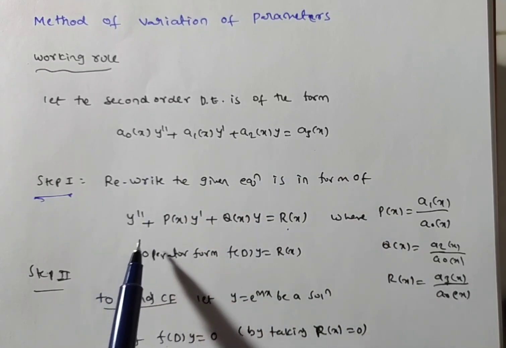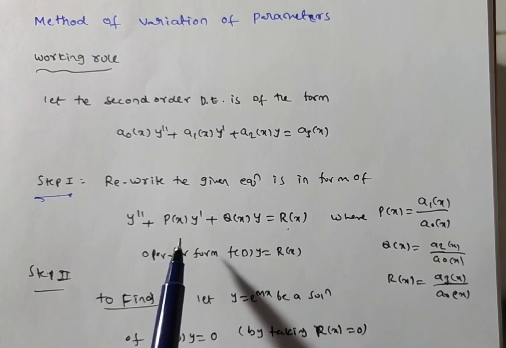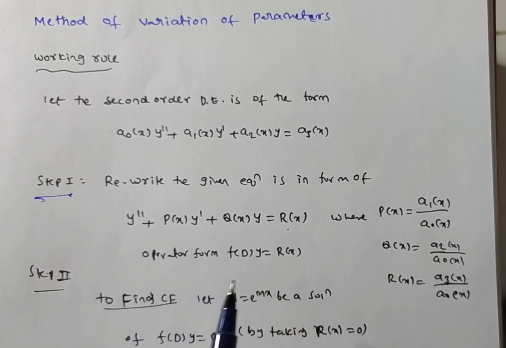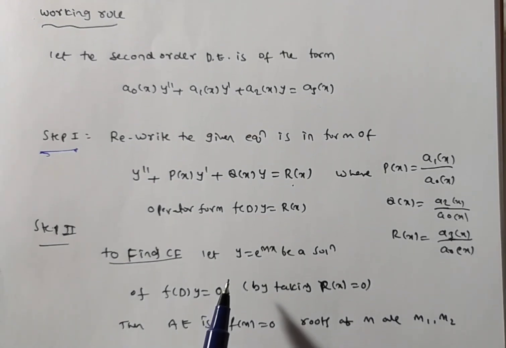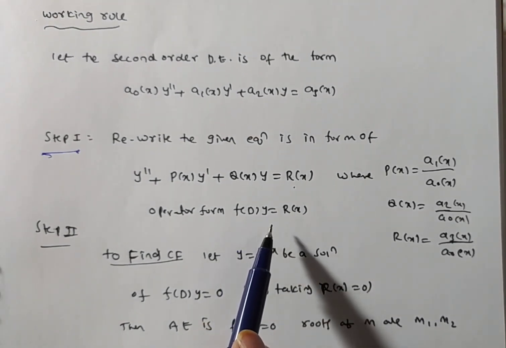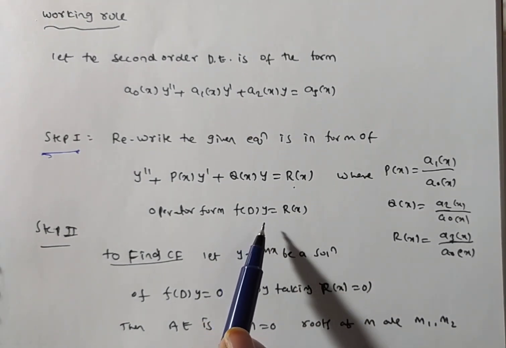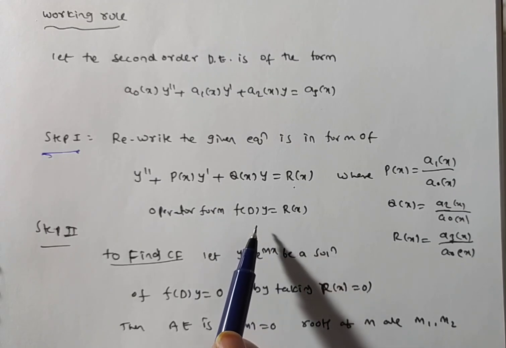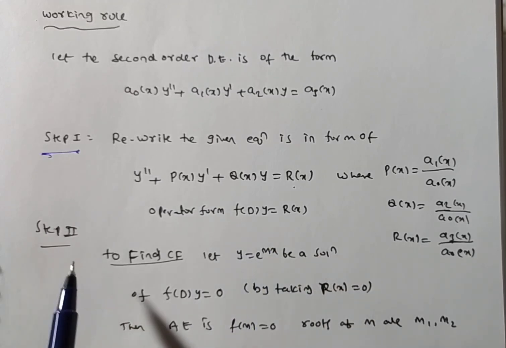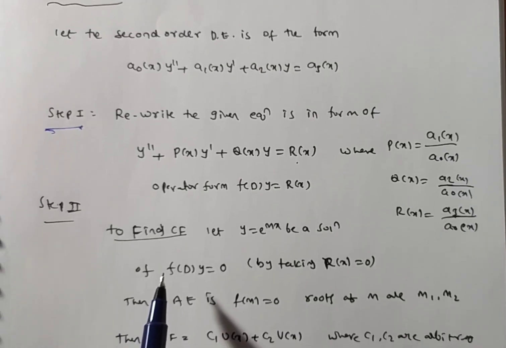Now, is this a second order linear differential equation or not? So this one you can write in operator form. In the operator form you will have f of D into y is equal to r of x. If r of x is 0 then it is homogeneous, otherwise it is non-homogeneous. You know the general solution for this. What is the general solution for f of D into y is equal to r of x? Complementary function plus particular integral. So we need to find the complementary function. The complementary function is the general method only.